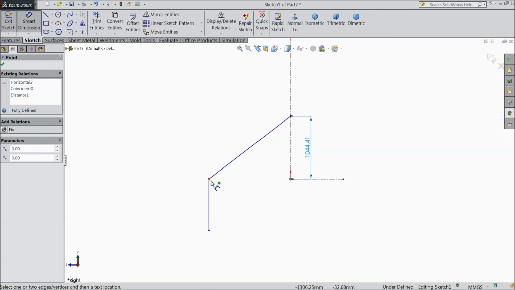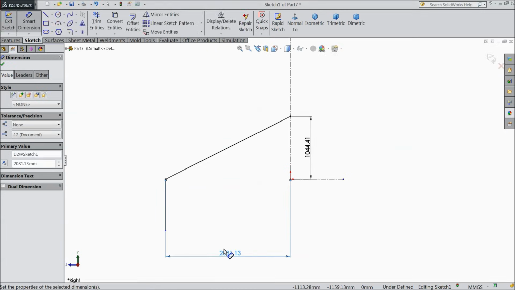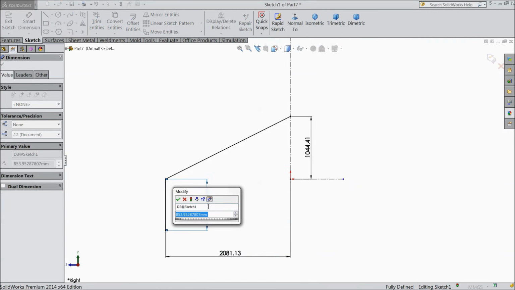and origin point to this point. (2081.13 mm) and let assign this length 1744.115.